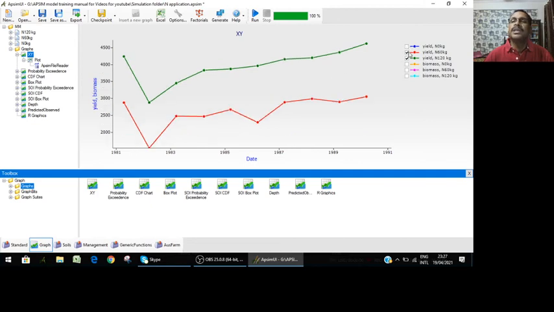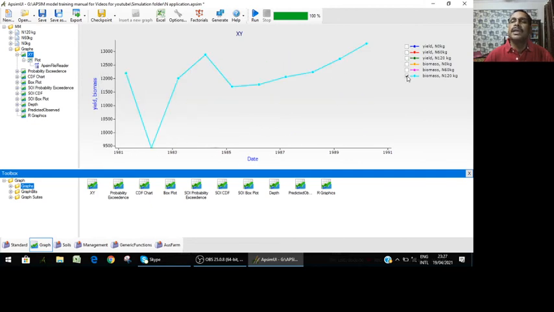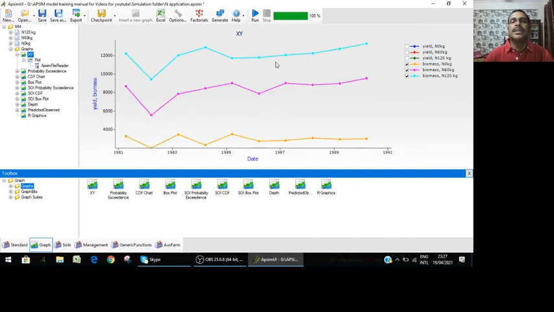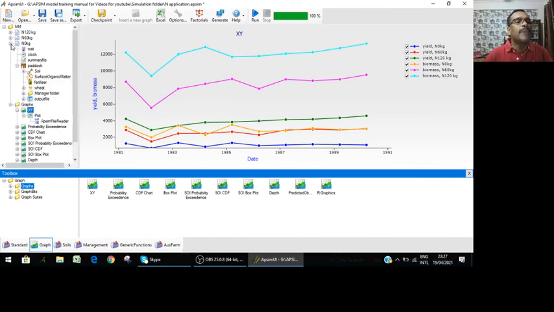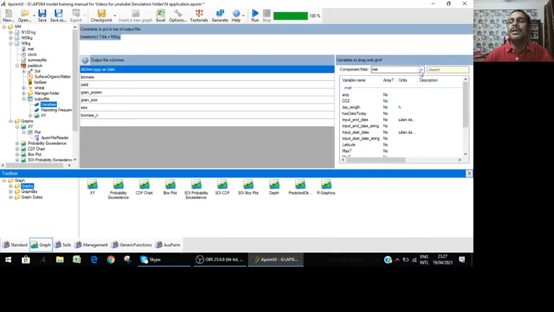Similarly, you can see the biomass yield by clicking and unclicking. Look at this. This is the biomass yield. And if you put all six together, you can find the grain yield and biomass yield for all nitrogen application rates. Similarly, for other variables, other outputs, whatever you want, you have to add it here in the variables and see all those things. Whatever you want to bring here, you can bring and get the output.